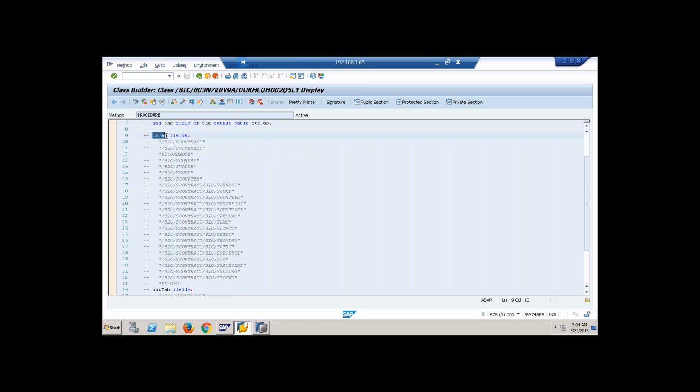One is in tab, one is out tab. In case of normal export routine, we have source package, result package. Same way, by default, your coding will have two temporary tables. You know temporary tables? In scripting, we use temporary tables. Same way, we have temporary table in tab and out tab. All the data which is coming from the source would be in